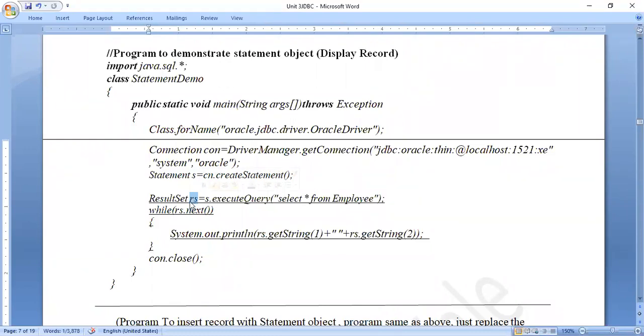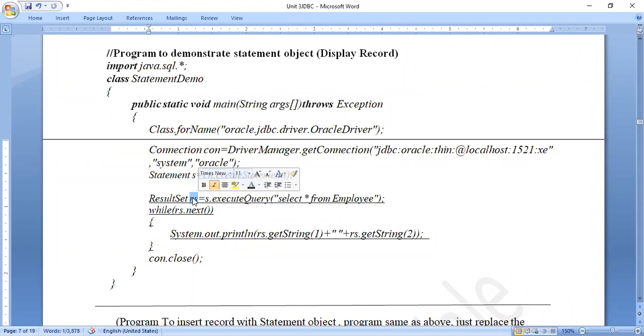The second quality of this result set is that it will be non-updatable. That means when I just get this result set and if in the loop I try to update this value, the compiler will give me an error saying that this result set is non-updatable. So these are the default characteristics of my result set. What are the two characteristics? One is it is non-scrollable.